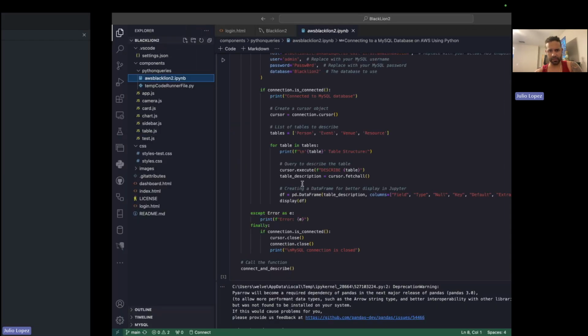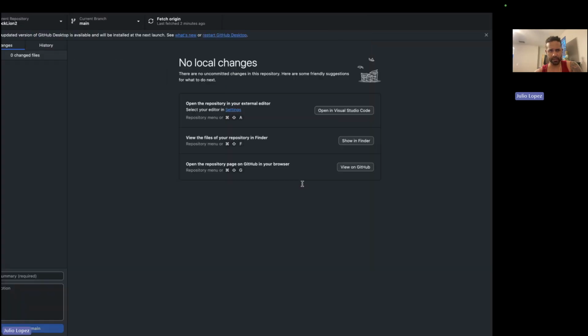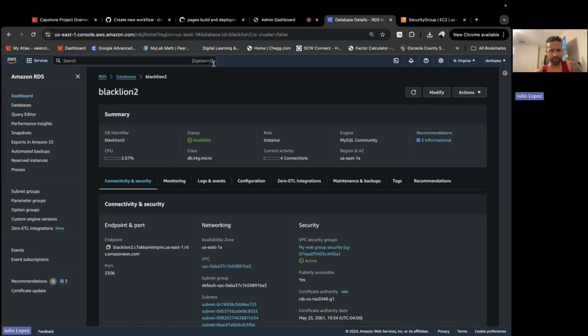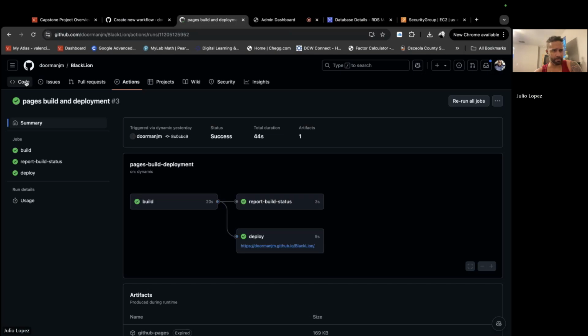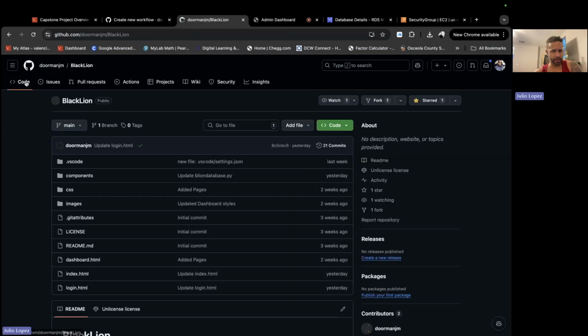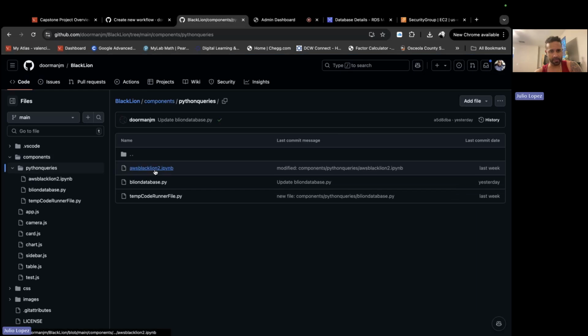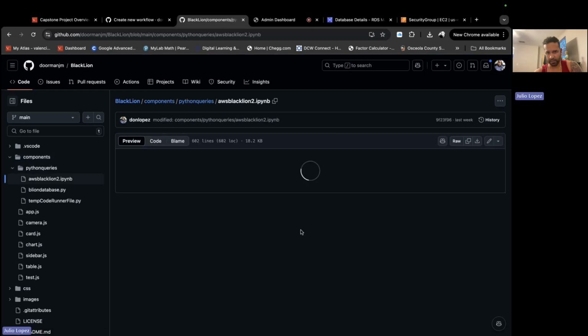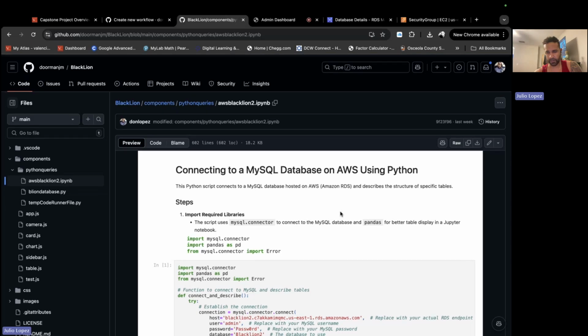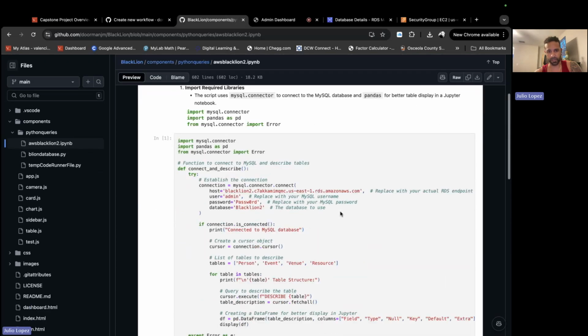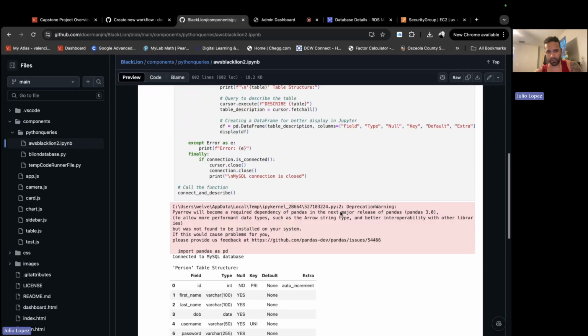You can also see it if you go directly to the GitHub repository, to the file, components, Python queries, and you can see the file right here. I love Jupyter Notebook because you can keep track of all your work too.